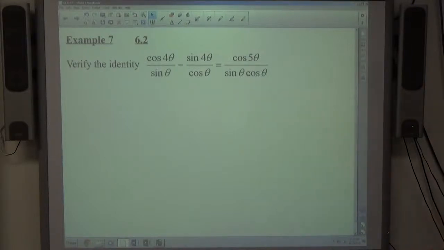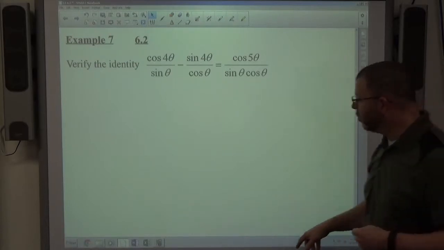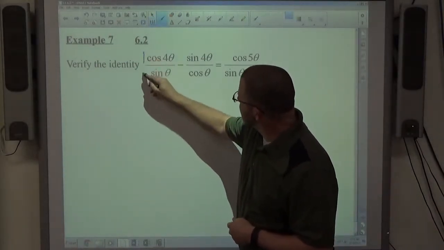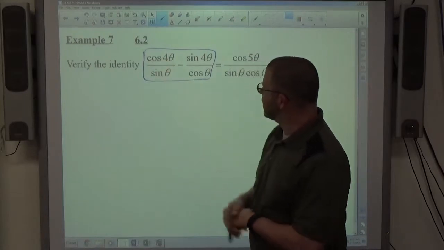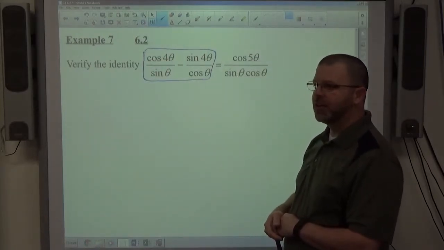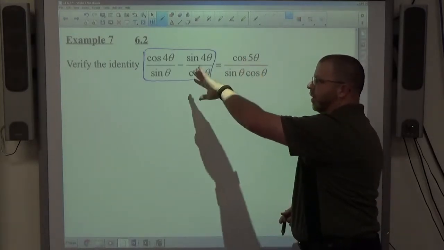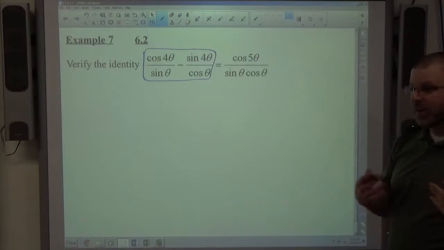Okay, for the last identity we're going to do today, we have the left-hand side, the right-hand side. Again, making a decision on which side, you can go either direction, but one's always easier than the other, usually. This side has more stuff going on. We have fractions that aren't added, aren't subtracted yet. Over here, it looks pretty nice and simplified. All right, so the less simplified one has more stuff we can do to it typically, so I'm going to